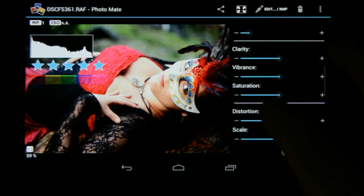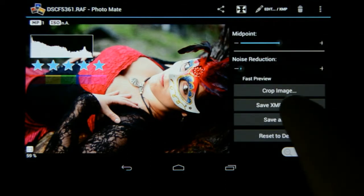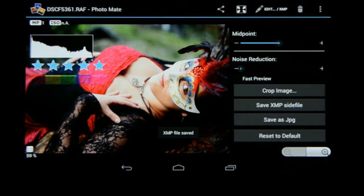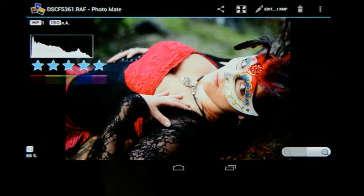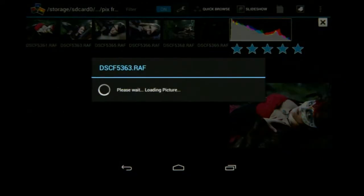Now when I'm done, I can just go here to the Save XMP side file, and then those settings have now been saved as an extra XMP side file. Now I can go back again, and you will see here that image will now update with the edited one. Then I'm going to go to the next image,